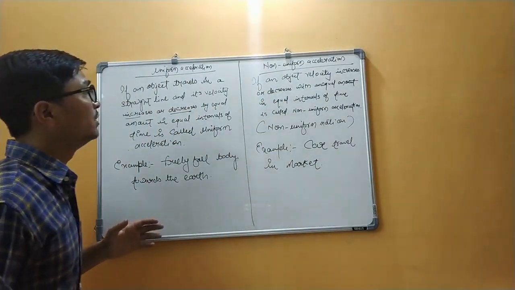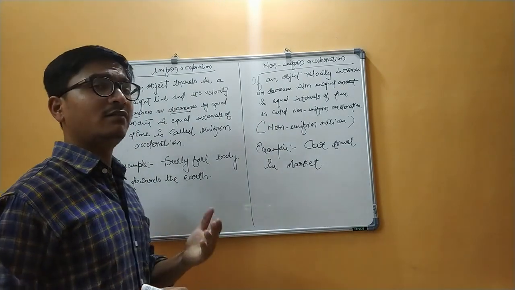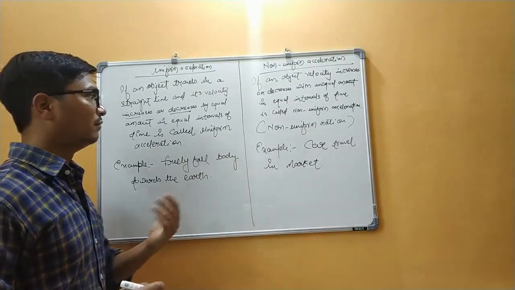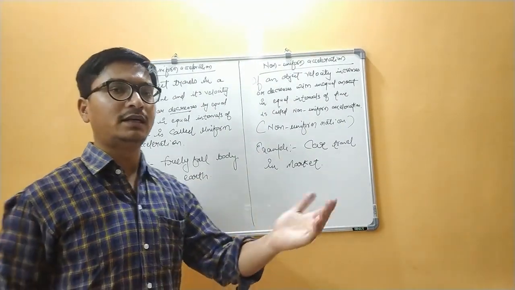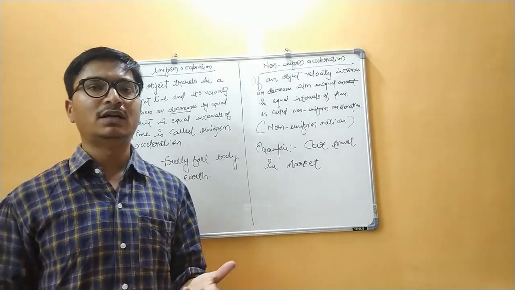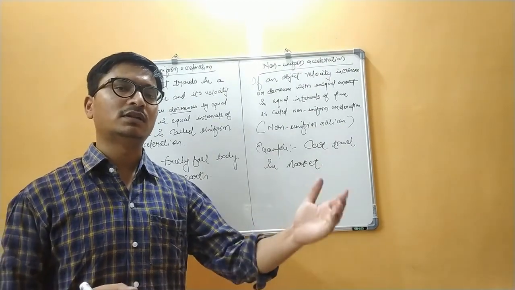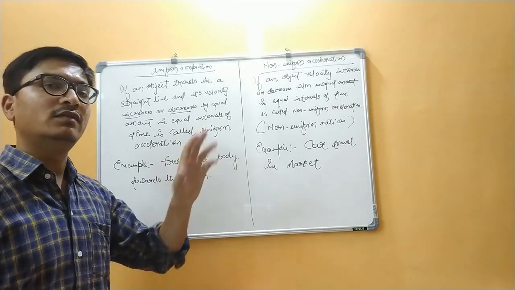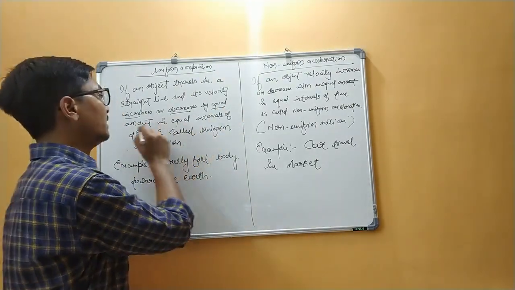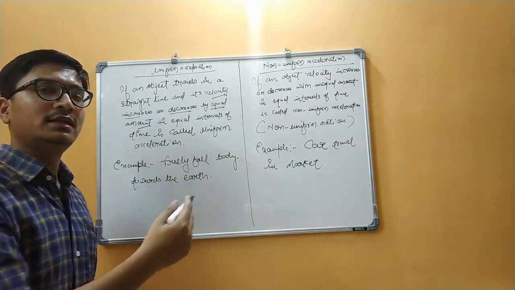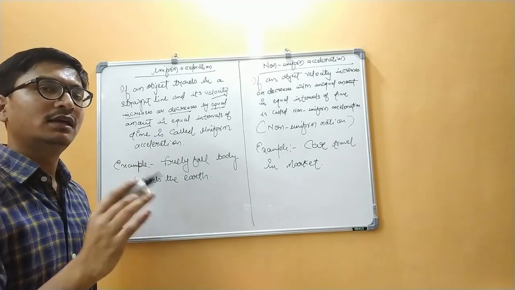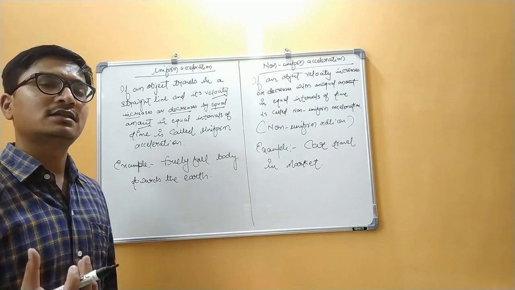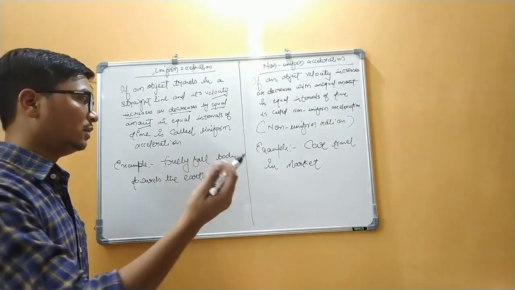You have to notice that when an object travels, it increases or decreases its velocity within a certain time interval. What is the time interval? It depends on that object. When the increase or decrease is equal, in equal amounts within an equal time interval, this type of acceleration is known as uniform acceleration.